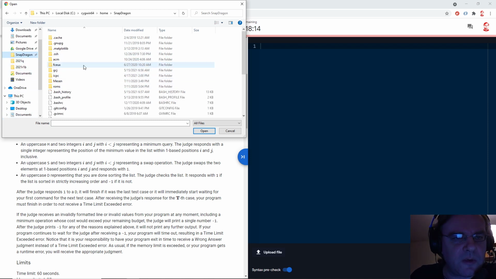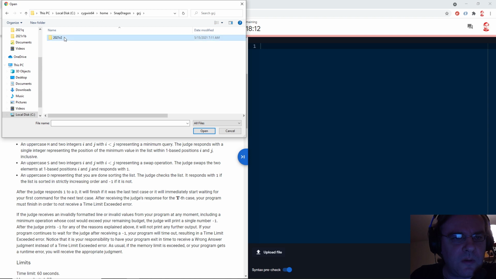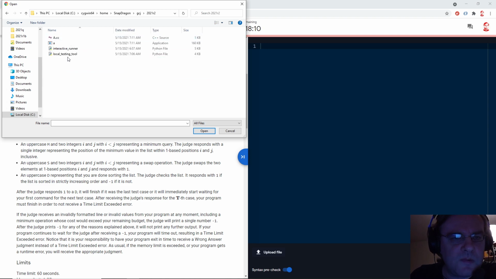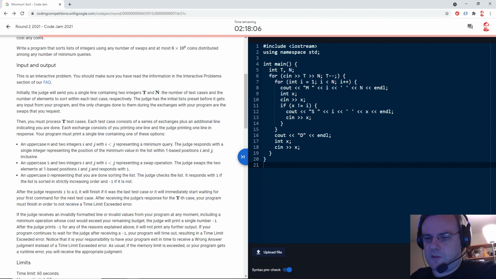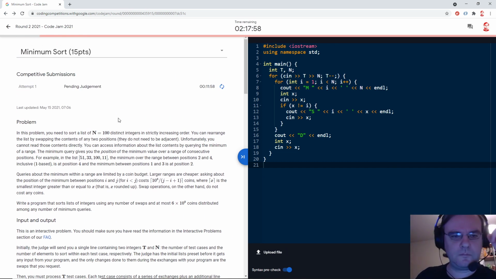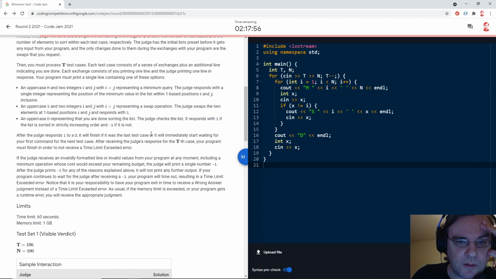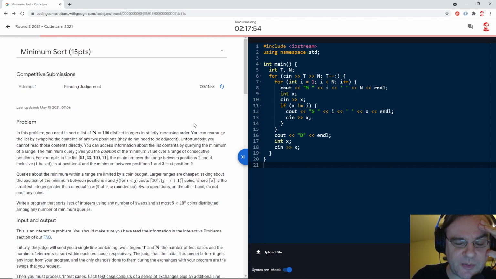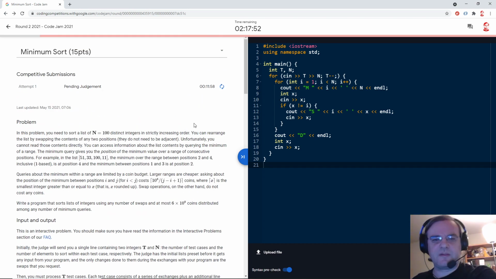Where's my folder? Okay. Yeah, even a really simple one like this still got me just because of the format of the inputs and outputs.